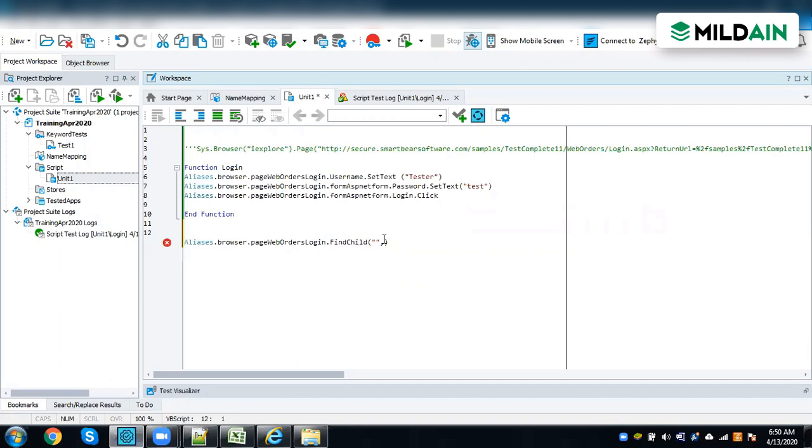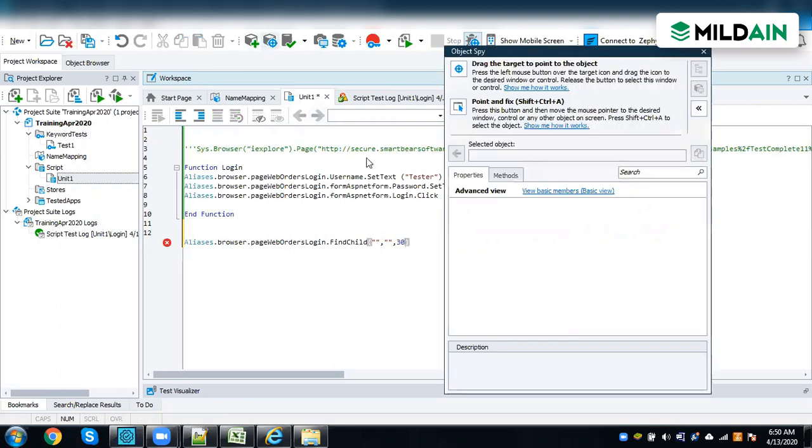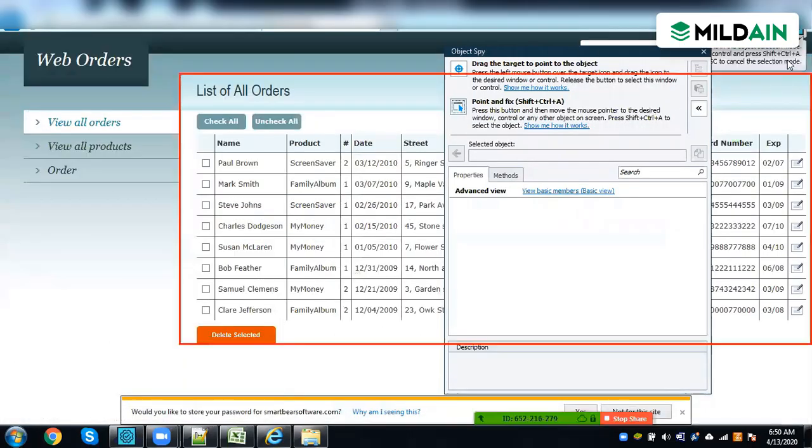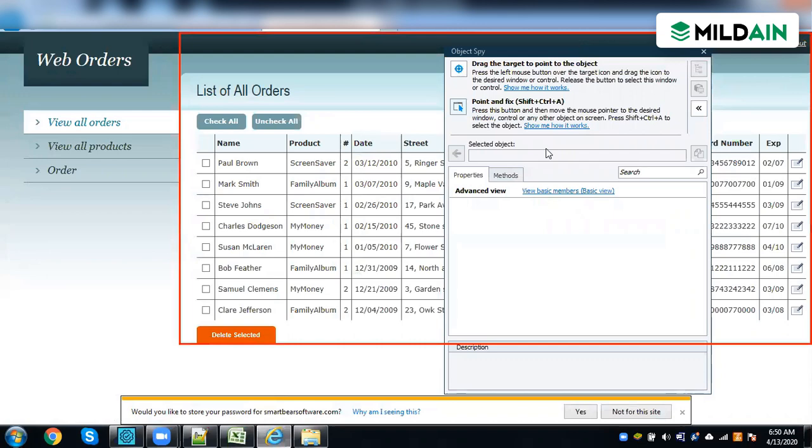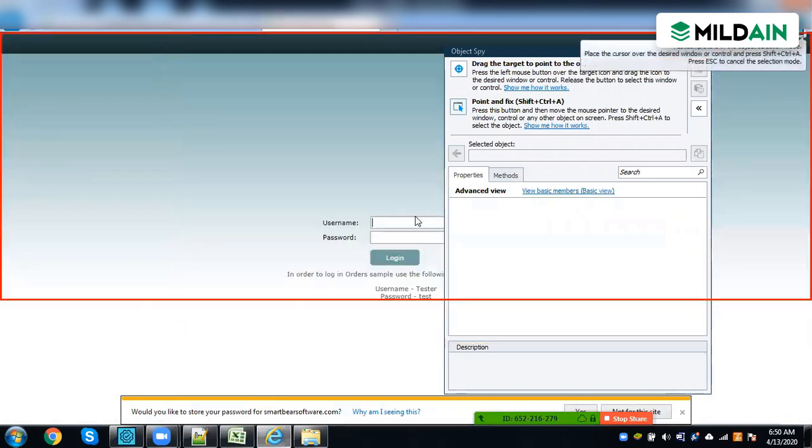Lastly, I'll make the depth 30. I'll do it similarly for the username, whatever we have done, because it's just an alternative method to name mapping and full name.